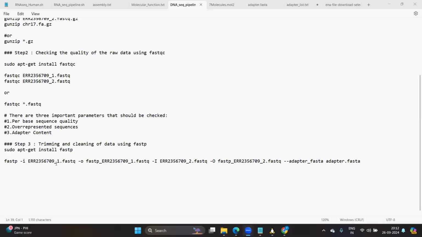Because here, if you see, we have trimmed the data using fastp. Now we have to check whether those particular sequences got trimmed or not. That also we have to check, right? So that is the next step we have here, and that is nothing but again checking the quality of the raw data or the trimmed data. So step 4